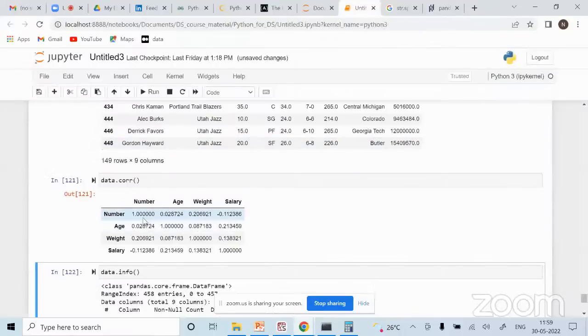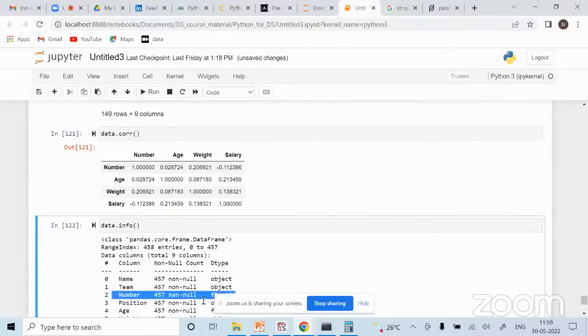As you can see, first of all you will get this diagonal of your columns, right? Whatever number of numerical columns you have, say 4, you will get a 4 by 4 matrix. It will always be a square matrix whose diagonal terms will be 1. Why? Simple reason: a column's relationship with itself will be 100%. Correct? Nobody knows you better than yourself, right? My relationship with myself will be 100%. So age with age is 100%. And if you pay attention, it is a mirror image.